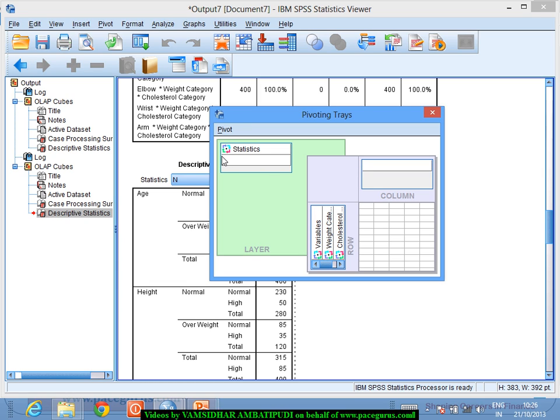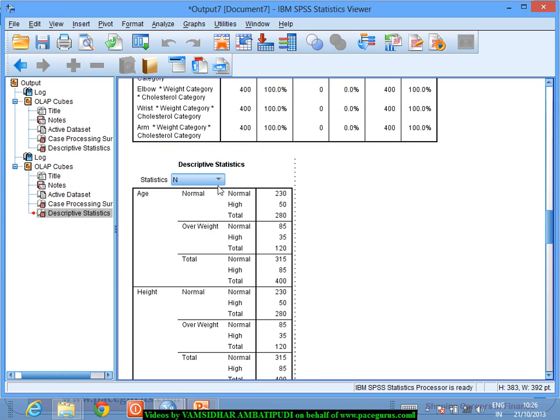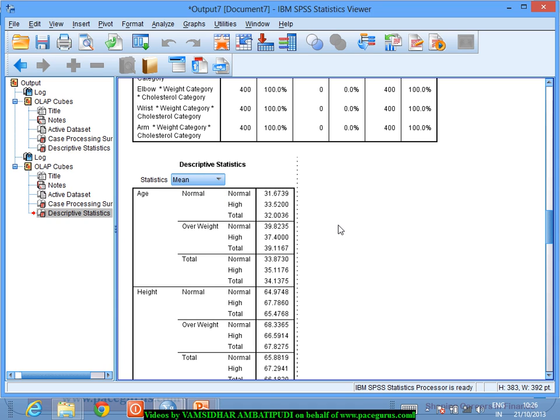Okay, statistics, when I am moving it into the layer, I can compare one at a time now, right? Probably if required, let's say I want to look at the mean. For the mean, I am able to look at